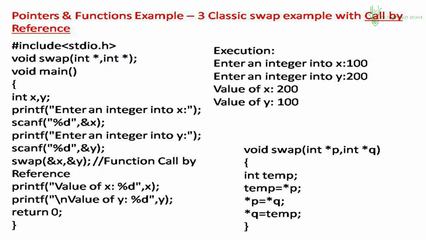And look at swap function. It has two pointer type variables as formal arguments, p and q. P and q can hold addresses. So p will hold the address of x, q will hold the address of y. Got it? And then the swapping with the third variable, that is temp. Now let's practically understand the difference between the two, how this happened.